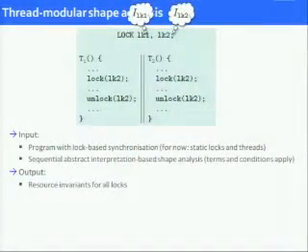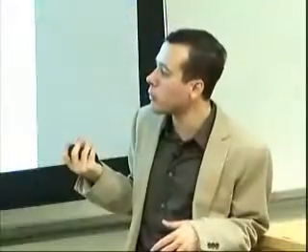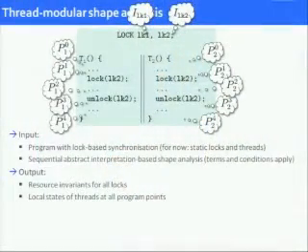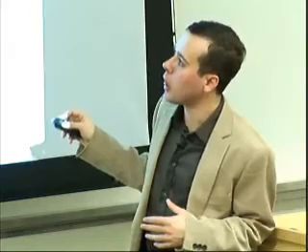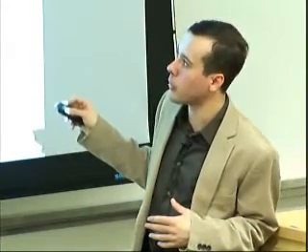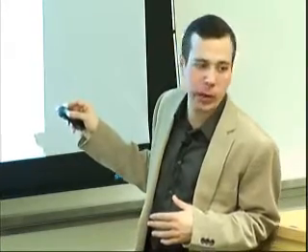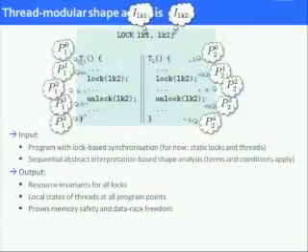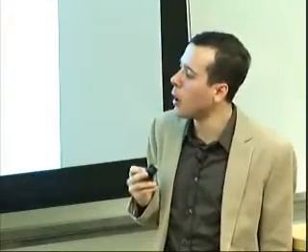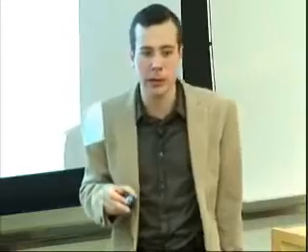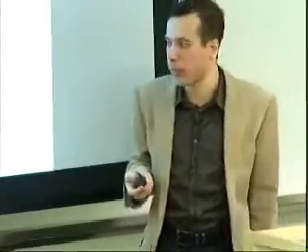Now, as an output, what the analysis will give you is it will infer for you the resource invariants for the locks. And it will infer for you the local states of all threads at every program point. So at every program point in the code of this thread, the analysis will give you some information about how the local state, the local heap of this thread looks like during the program's execution. And as a byproduct, the analysis will prove memory safety and data race freedom of this program. And since the analysis is thread-modular, its complexity is actually linear in the number of threads, so it is scalable.